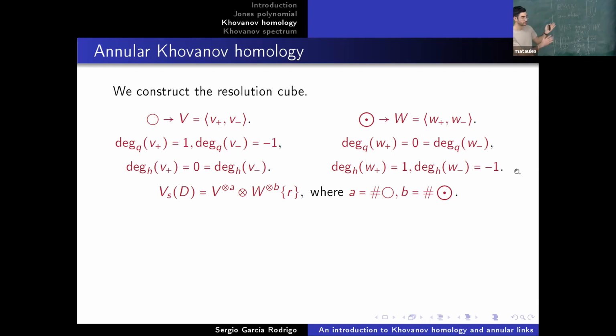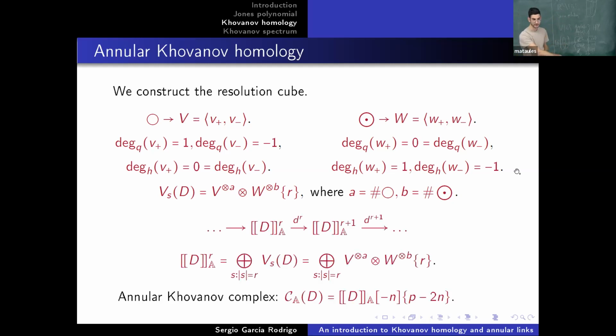We define those degrees for all these generators, and we assign a copy of V to each trivial circle as before, but a copy of W to the essential circle. And we do exactly the same: we shift in degrees, and we just do the direct sum. We get a chain complex. We also do this adjustment right here, and